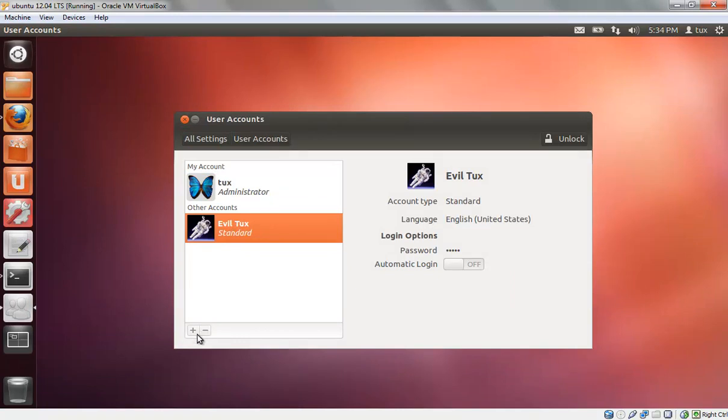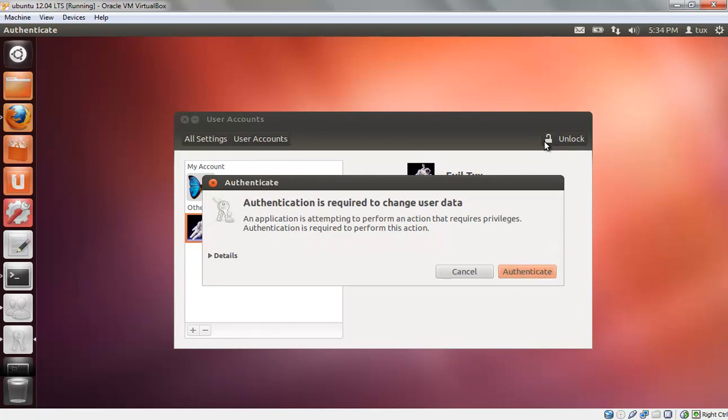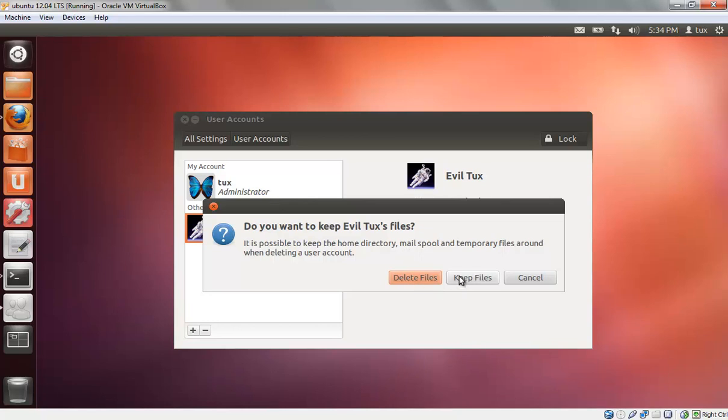Simply select it, and use the minus icon after you unlock, obviously, the UI. There we go. And then you are going to have several options. You are going to have an option that allows you to actually keep the files. It's really useful. For example, you have a user account for an employee on a corporate system. You are going to most likely want to delete the account when they're done working for you, but keep their